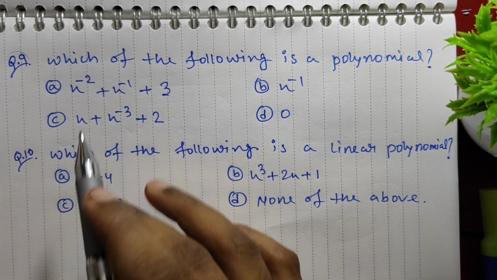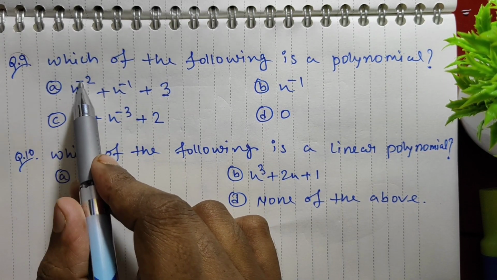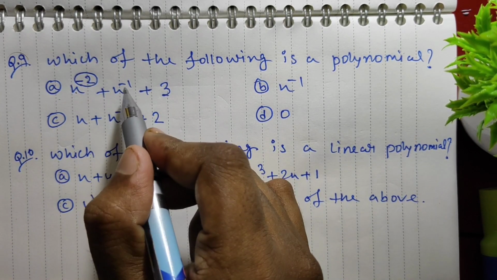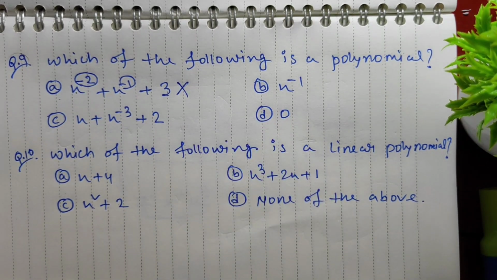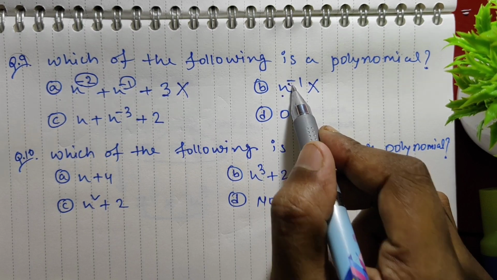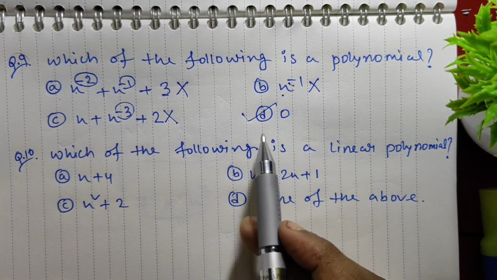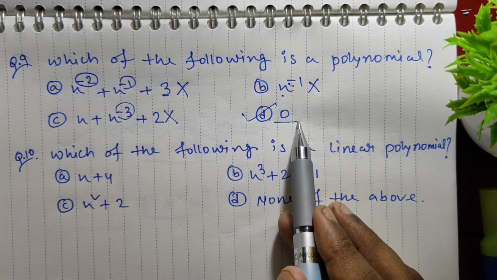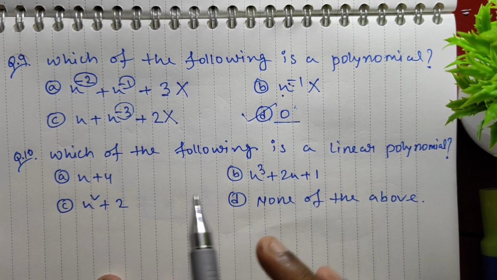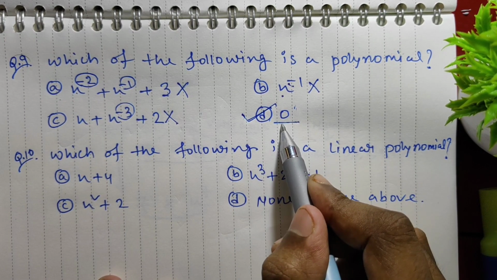Now question number 9. Which of the following is a polynomial? And the options are given. A. X to the power minus 2. See, here the powers are negative numbers, meaning they are not whole numbers, so this is not a polynomial. Same case here, this is not a polynomial due to the power, it is not a whole number. Here also same, so this is not a polynomial, and the correct option is D. D is the polynomial, 0. So answer is 0, and I think all of you know that 0 is also a special kind of polynomial which is known as the zero polynomial. So the correct option is number D, 0.